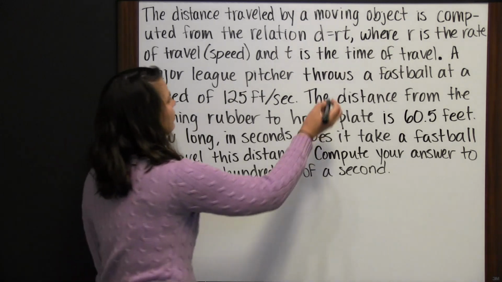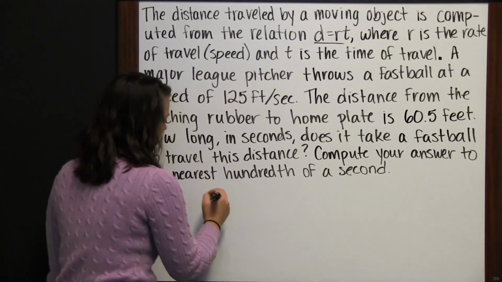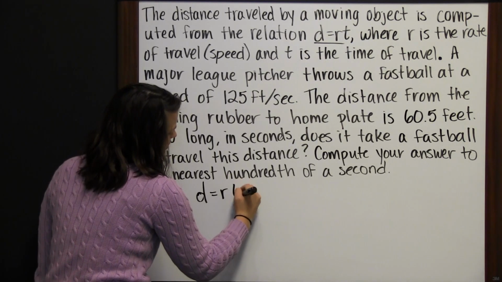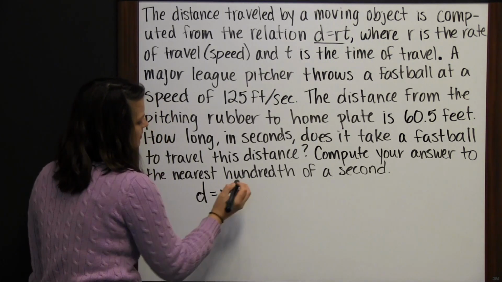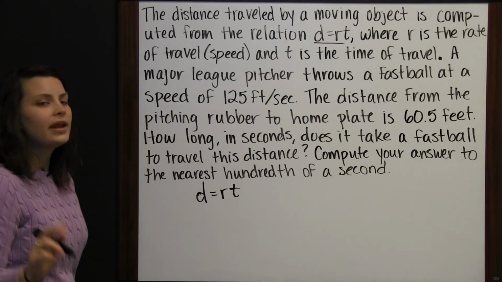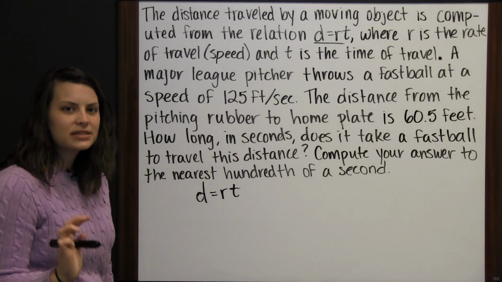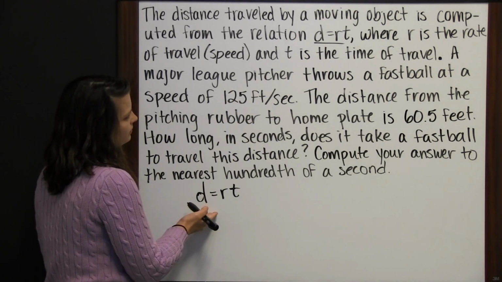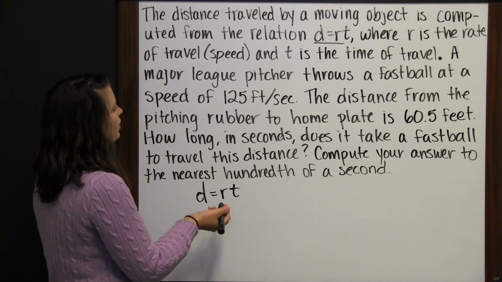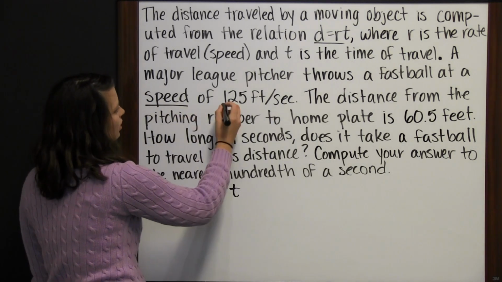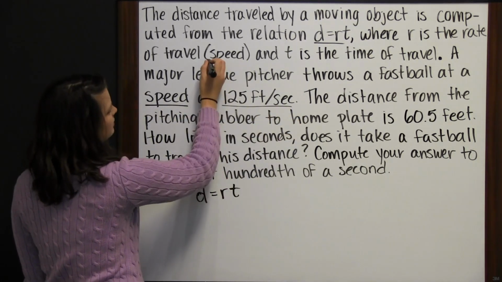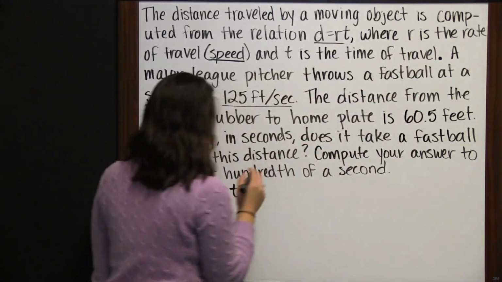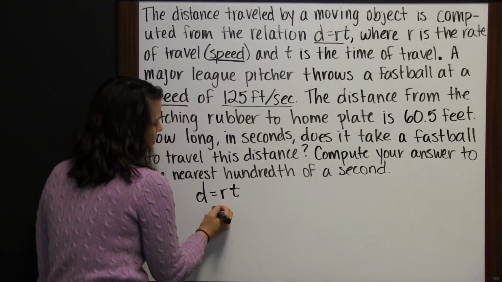So first I'm going to pull out this formula. That's going to be very helpful in solving this problem. Distance equals the rate times the time. Now I want to take the information I was given and substitute it into this equation. So they told me the speed of the ball. And remember, speed is your rate, r. So that means I'm going to replace r with